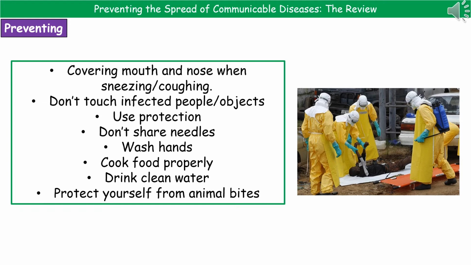If we're talking about something spread through bodily fluids, not sharing needles. If it's a food poisoning one, then obviously making sure food is cooked properly. And then just taking some obvious steps like don't poke wild animals because they carry a range of infections, so avoiding animal bites. Making sure you wash your hands before you eat and after you go to the toilet, etc. So anytime they ask you how can you reduce the spread of disease X, think about its method of transmission first of all, and then apply that bit of common sense as to how you could stop it.